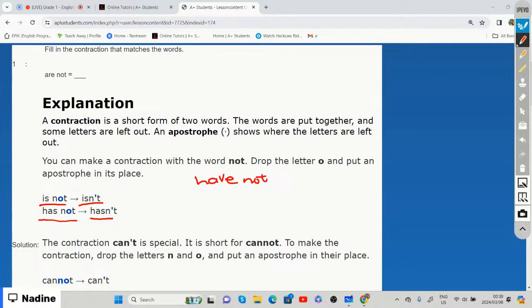All right. So we have the words have not, is not, has not, right? Which are all negative contractions. And once again, we bring down